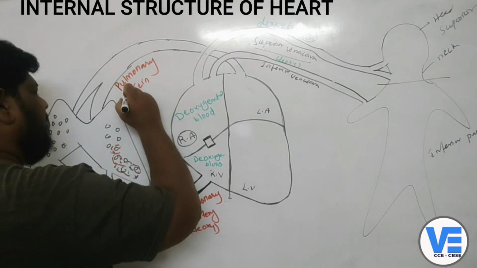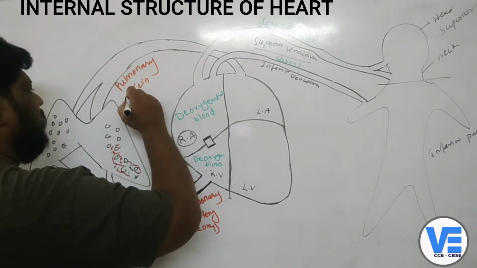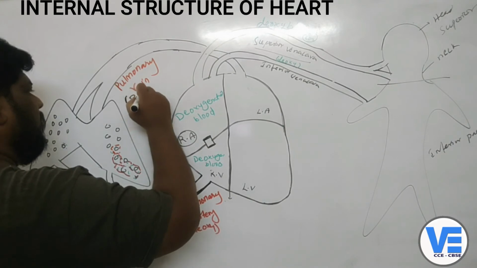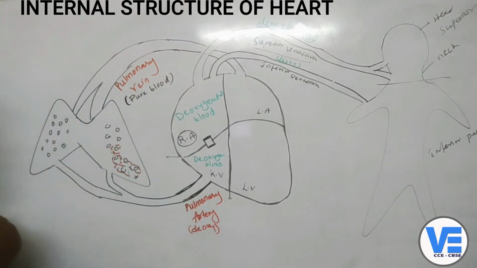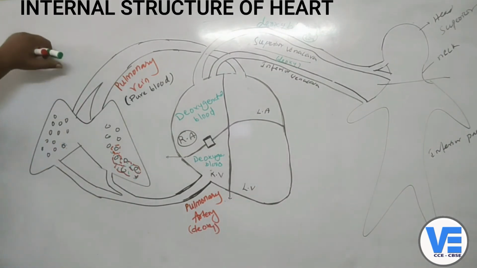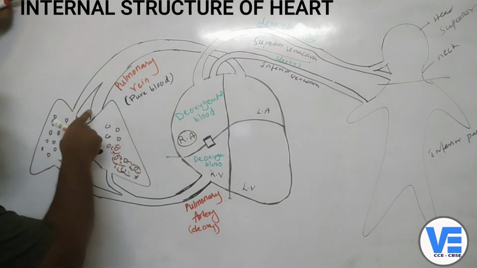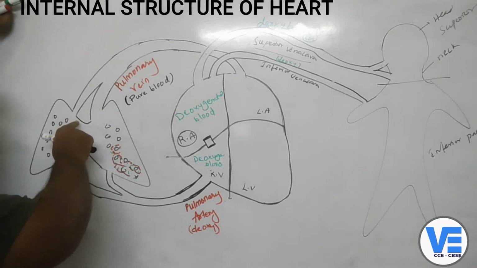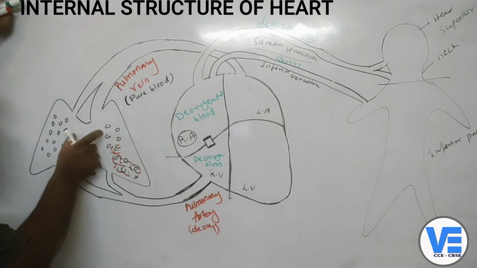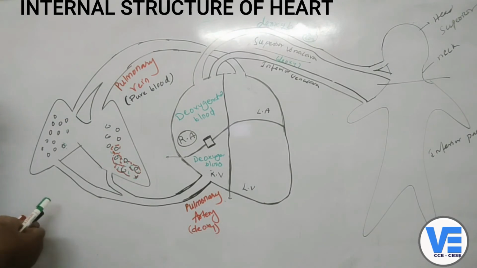It is carrying the pure blood. The pulmonary vein is traveling from the lungs. It is carrying the oxygenated blood from the lungs, and it is taking that blood into the